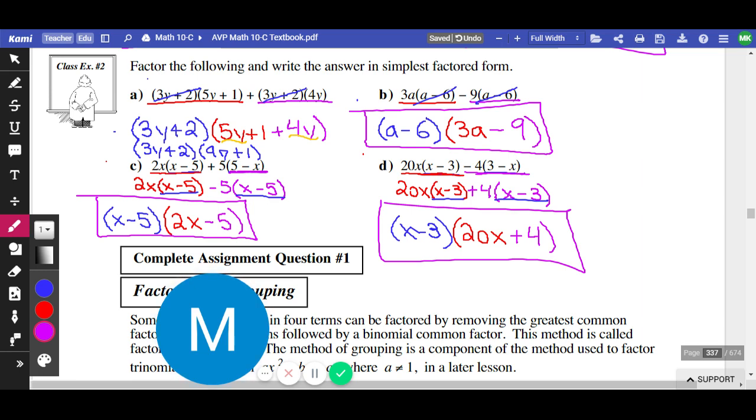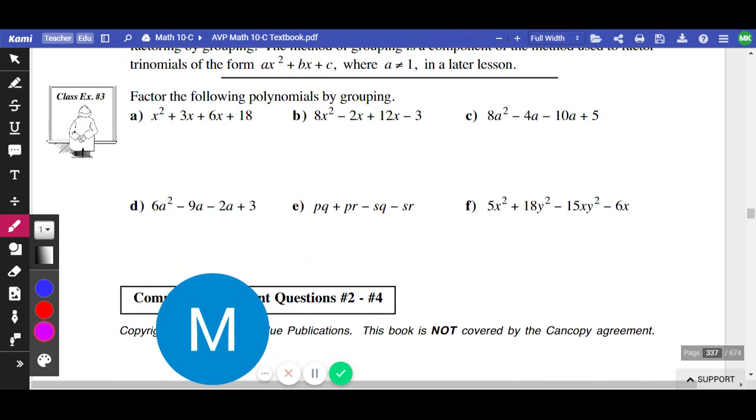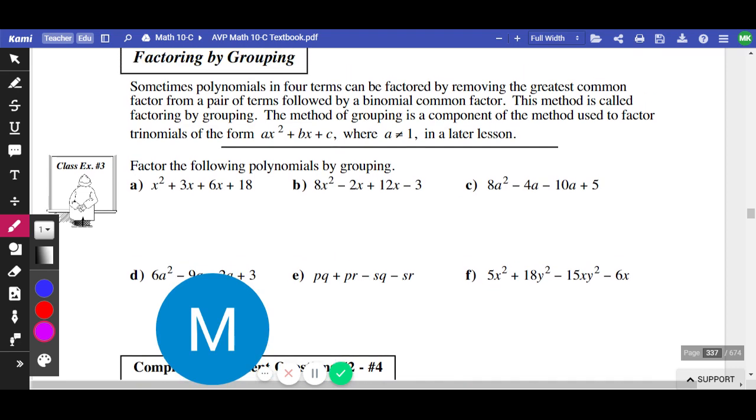All right, that trick of taking out a binomial as a GCF is part of something called the grouping method. The grouping method is something that we are going to do. So I'm going to draw a little tree on the side of the board here. Won't fit on my